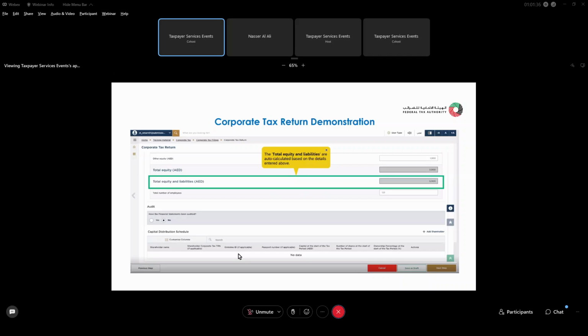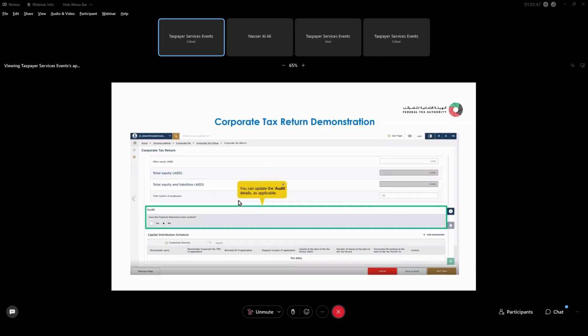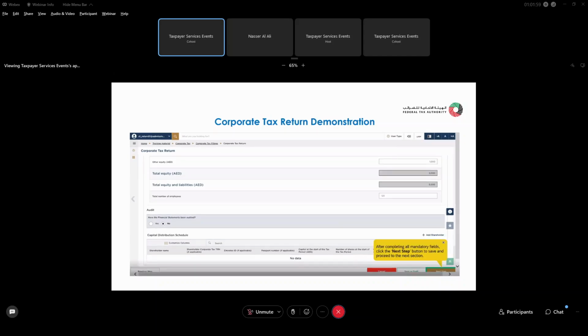You will move on by entering the total number of employees, and then for the audit section you can update if applicable. Moving to the shareholder, you may click on add shareholder to add any shareholder details if applicable. Once done, you will click on next step and you will proceed to the fifth step, which should be the